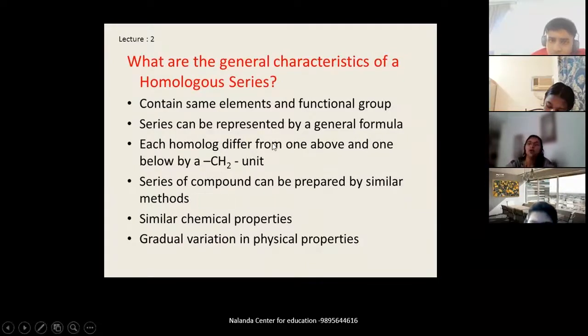A homologous series is a series of compounds with the same elements and functional group, and the series can be represented by the same general formula, and the successive members are going to differ by CH2. The most important thing is that they have similar chemical properties and there is gradual gradation in the physical properties. So we are done with carbon and its compounds. Okay, so today evening we will be